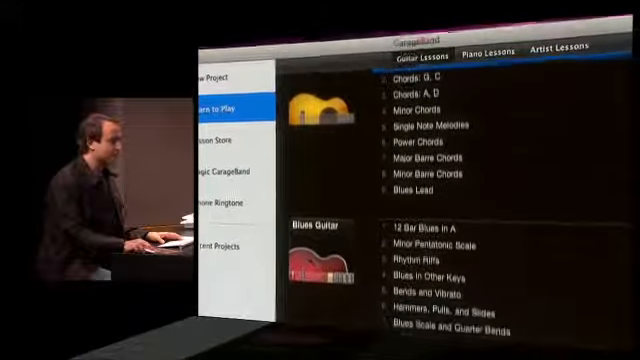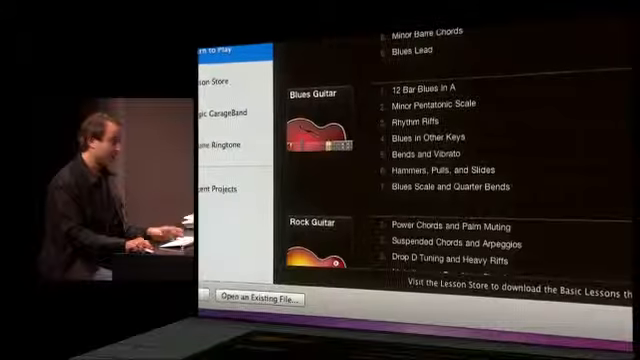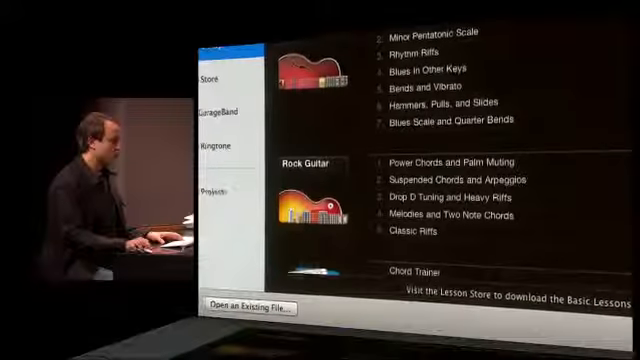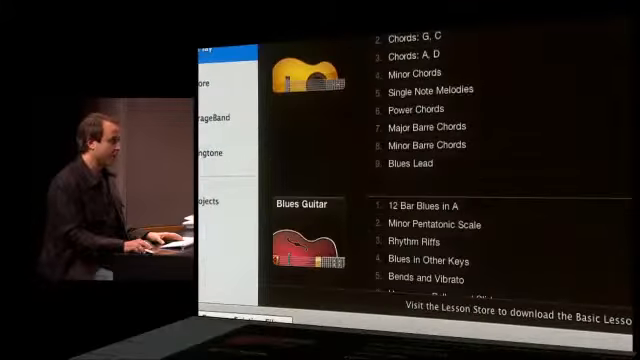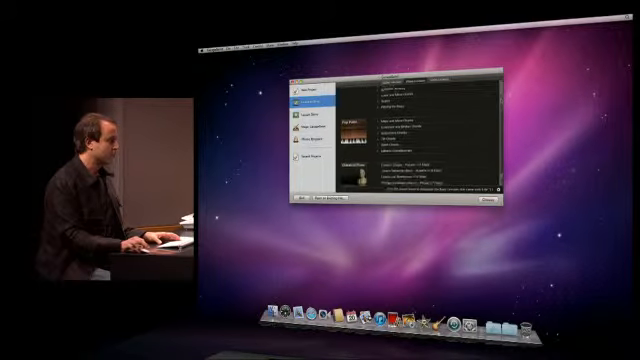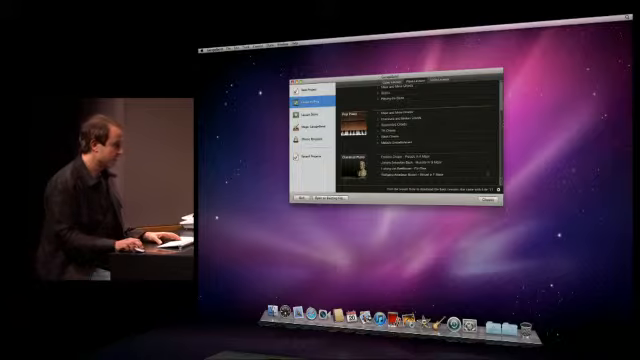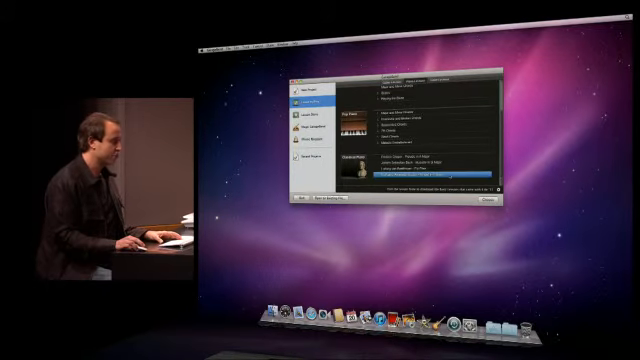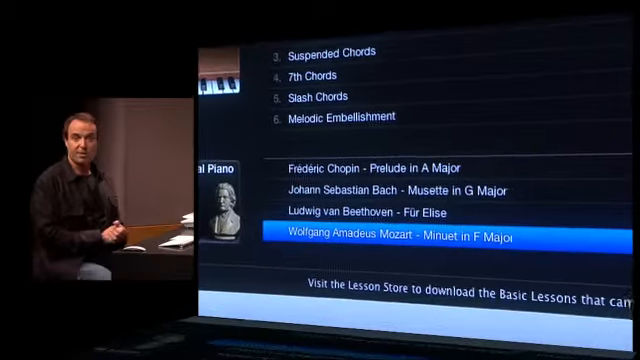But we've also added a bunch of great new lessons as a part of iLife 11, this blues guitar and rock guitar series that are really great. And the same thing with piano. All these wonderful lessons, including this classical set that I really love. And we'll play, let's take a look at Mozart's Minuet in F major. Now the amazing thing about this piece is that Mozart